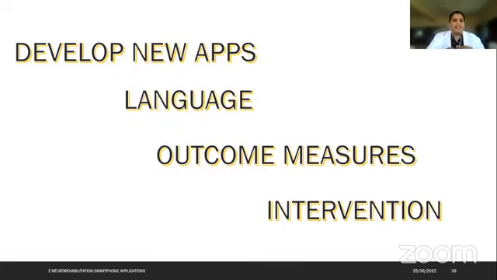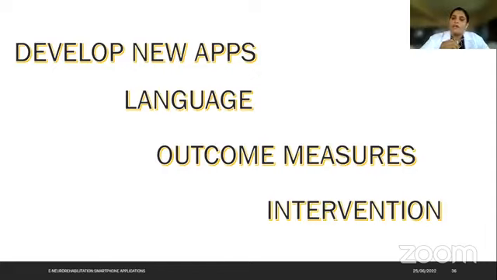So at last, if I say there is a platform available, collaborate with the engineers or the software technicians and develop new apps. There is a lot more to develop in India. Develop new applications, use them with patients. It will be very much beneficial for the patient.